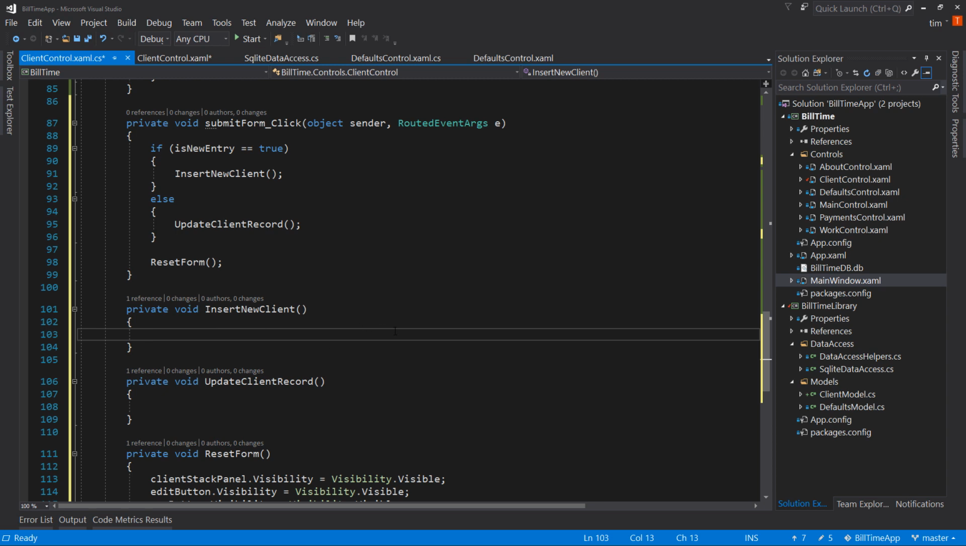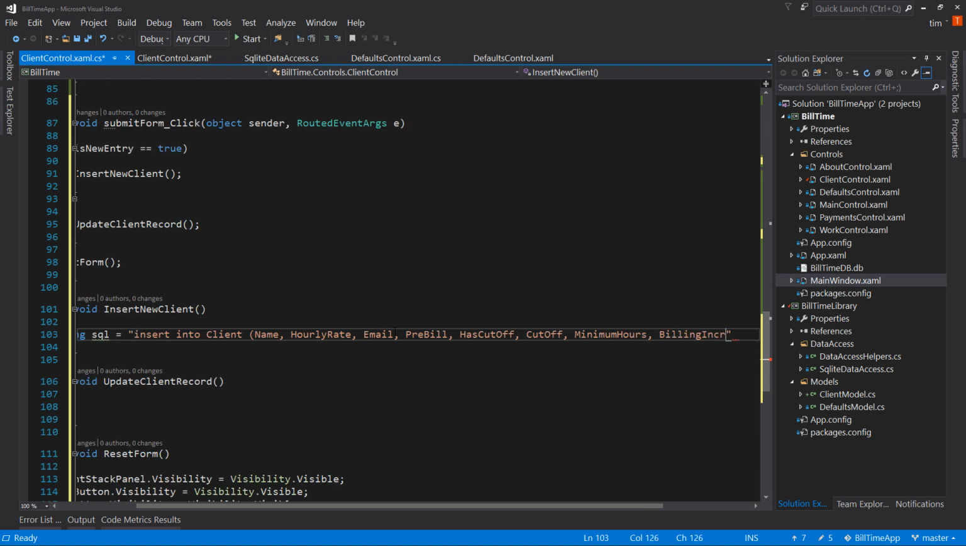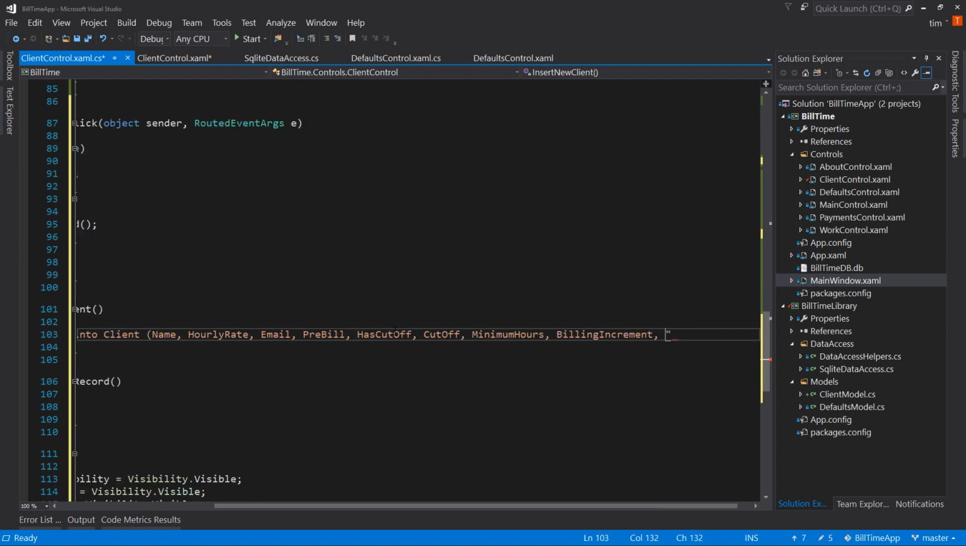So we need to create an insert record. So string SQL equals insert into client, and we'll have name, hourly rate, email, pre-bill, has cutoff, minimum hours, billing increment, round up after